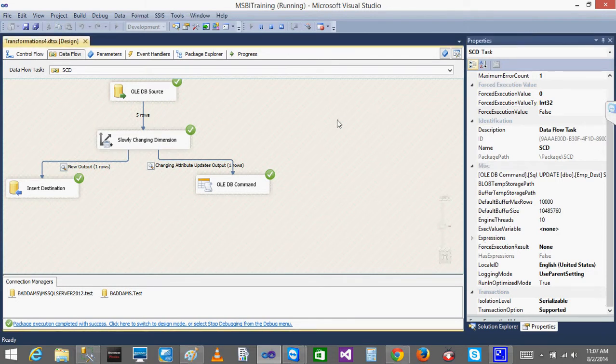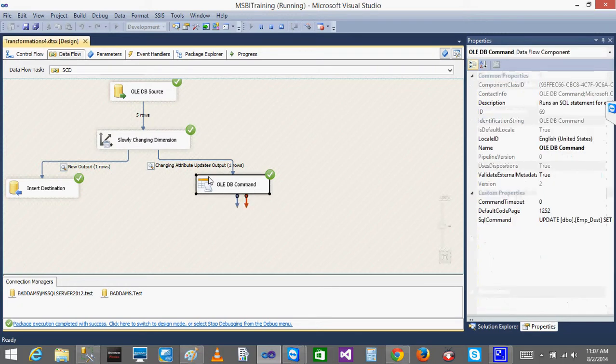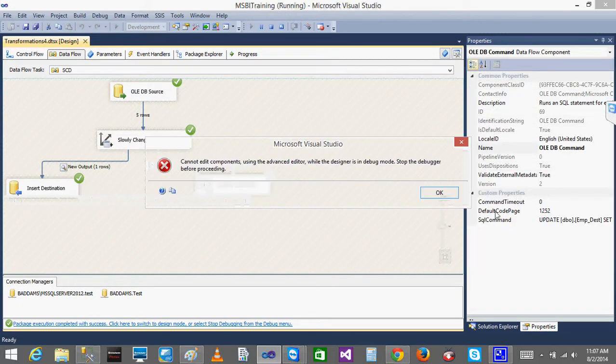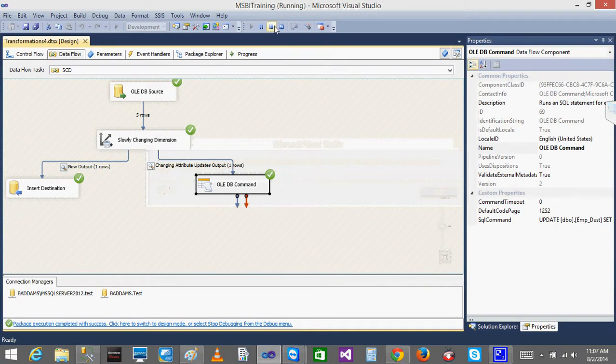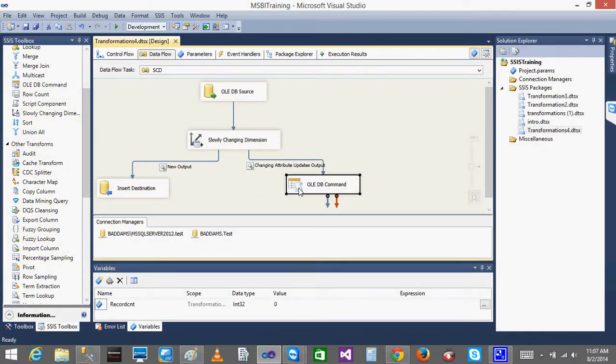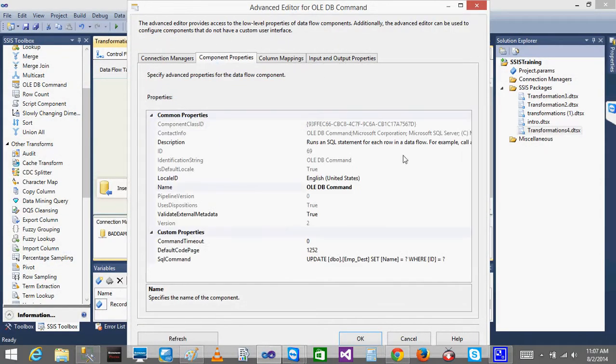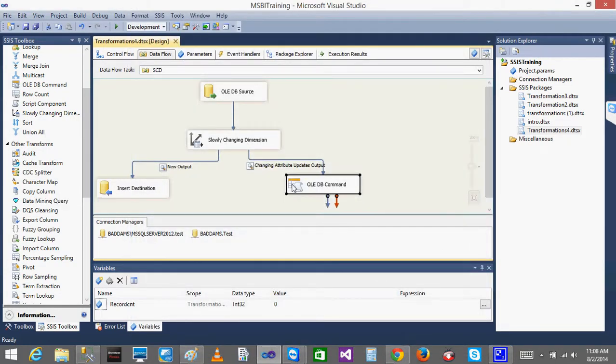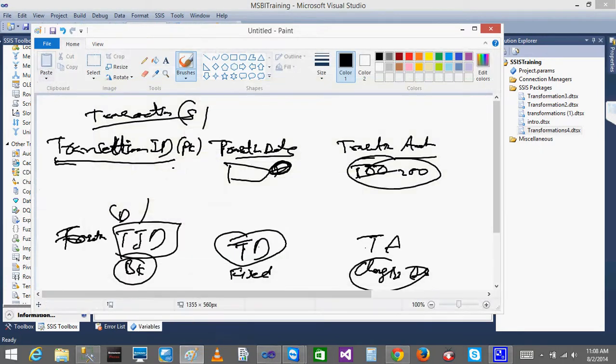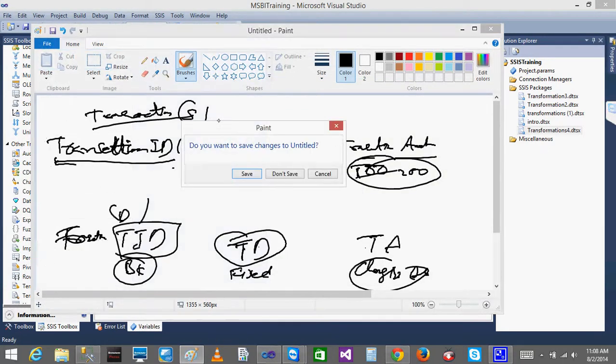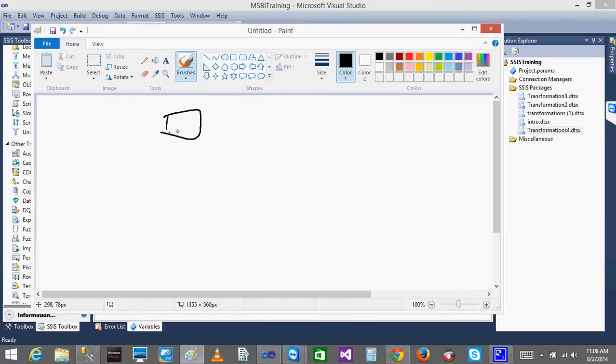But there is one more disadvantage with them. You are doing OLEDB command, you are giving a where condition, right? In the OLEDB command you are giving where ID equal to 1. So it means that this update will be done. Suppose let's say this is my scenario: I got 10 million records from the source.